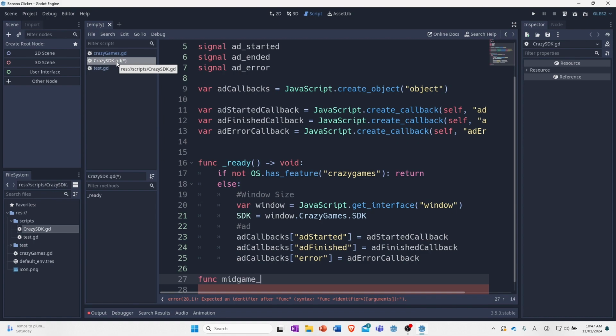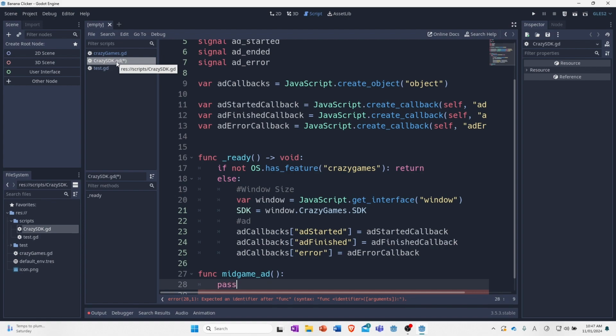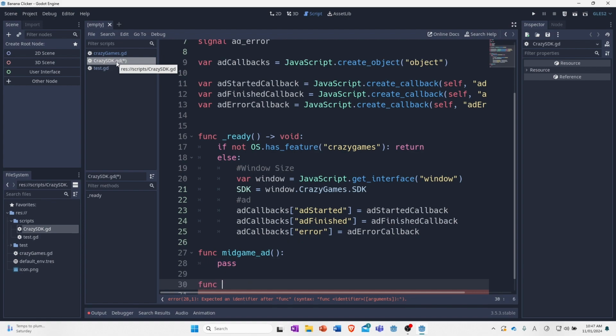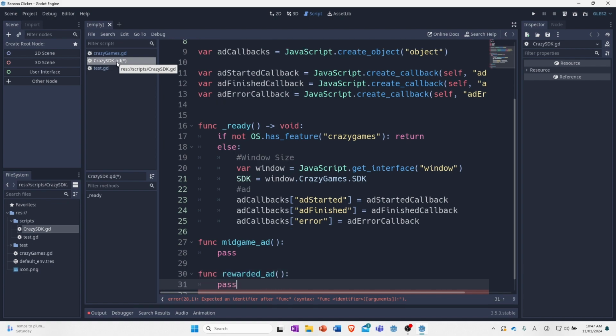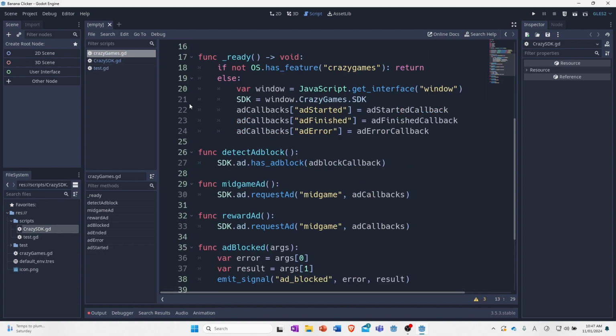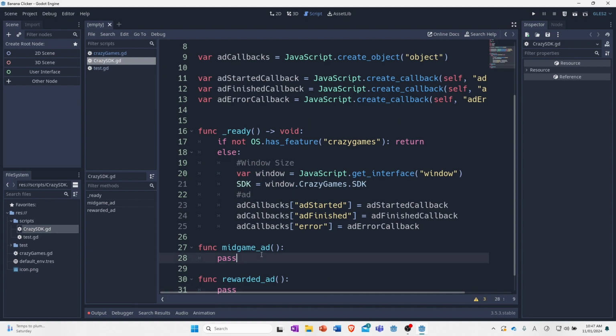Game add function and a rewarded add. We're gonna run two functions, these two. Alright, okay. So you've got these done, and then you're gonna write